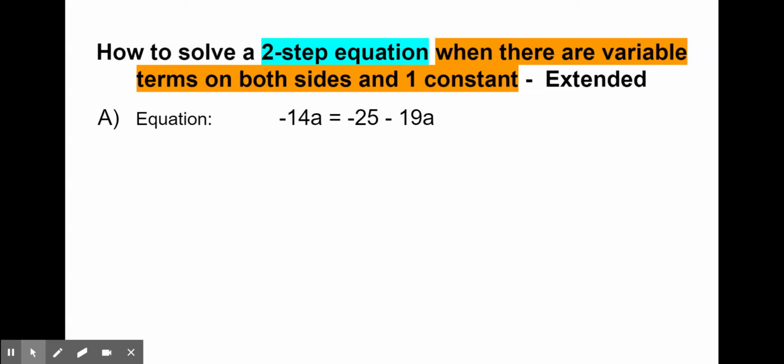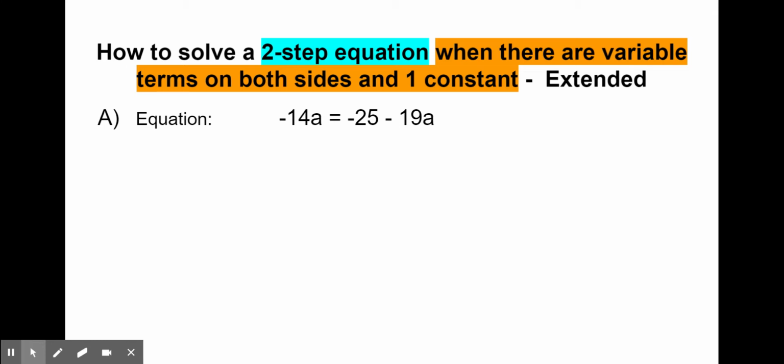Now let's take a look at the same two-step equation when there are variable terms on both sides and only one constant term. So we have the same equation, negative 14a equals negative 25 minus 19a. Now remember, when we're trying to solve the two-step equation with variable terms on both sides and one constant term,